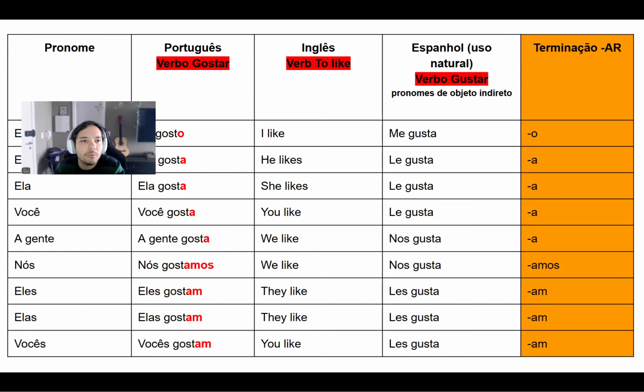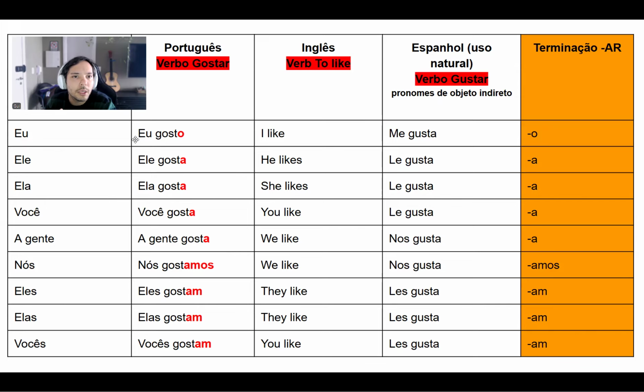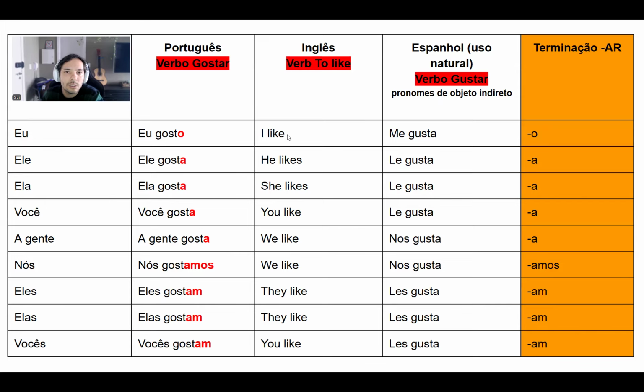Ok. Então, how are you gonna conjugate? How are you gonna change the verb? You see, like in English, you just add s in a couple of situations. Here, the definite form, you have the verb gostar. Here you have the ending at the top. What are you gonna do? You're gonna delete the two last letters and you're gonna add the letter that I follow here. Então, eu gosto. Gostar, delete the two last letters and add o.